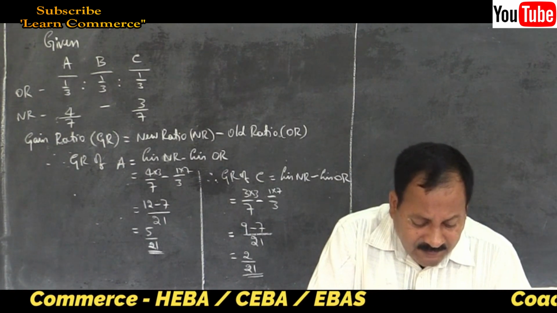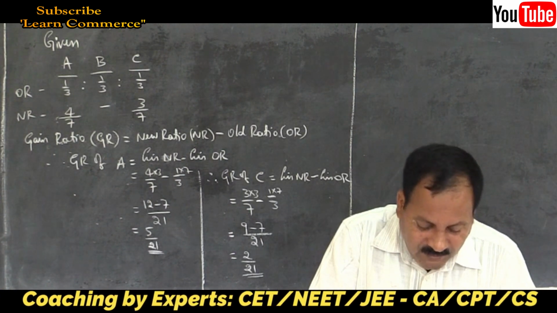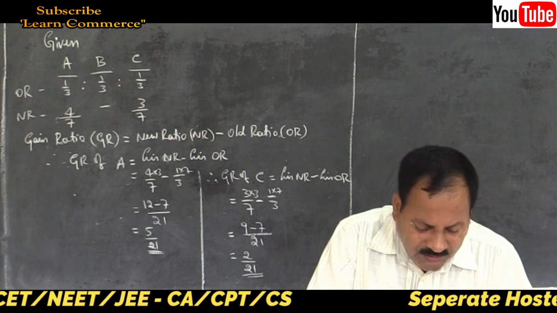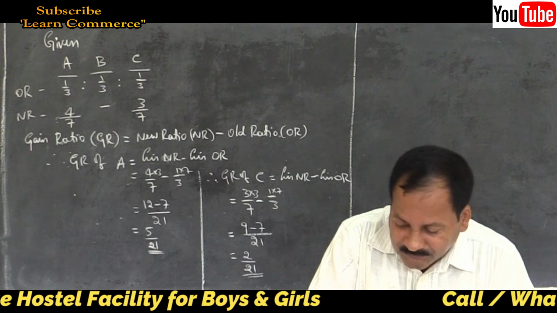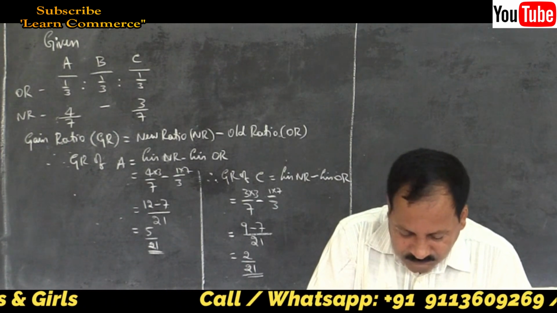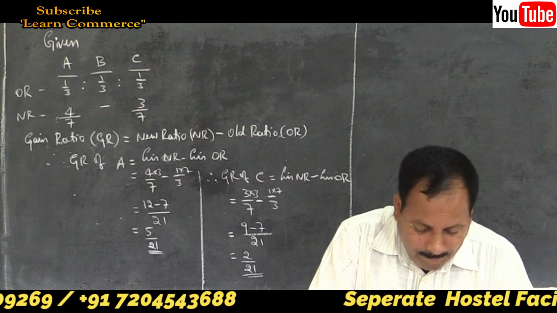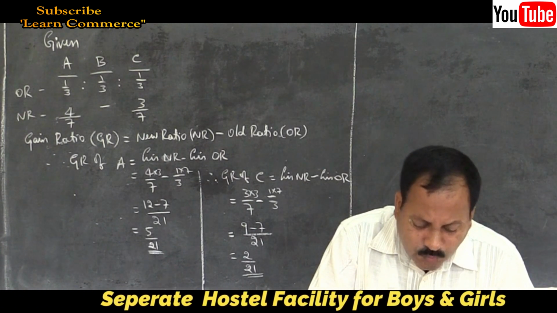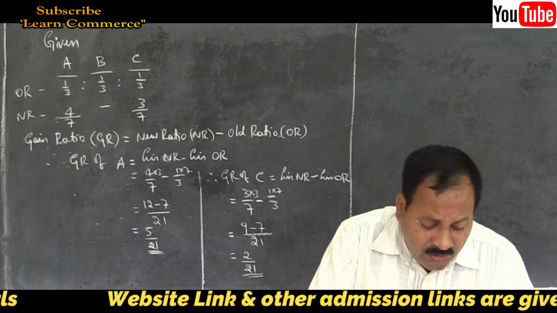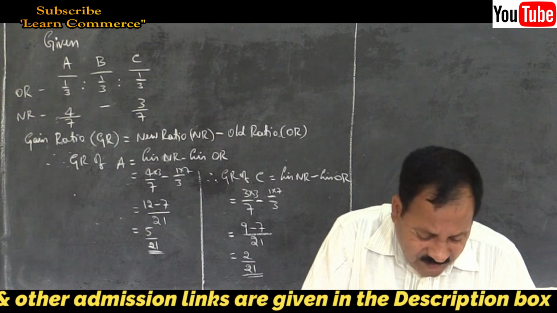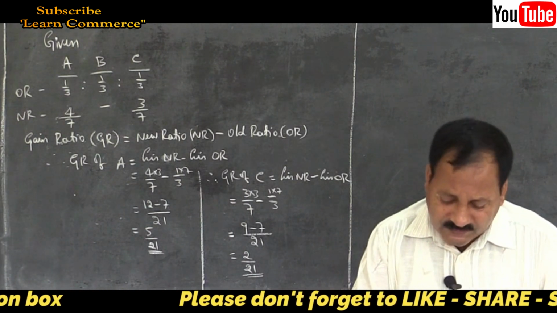Then Anil retires from the firm. The first partner, 1 by 2, he retires from the firm. Ashok and Ajay decided to share future profits and losses in the ratio of 3:2. So, how to solve the problem? Otherwise also makes no difference. If you write 3 by 10 or 6 by 20, makes no difference. While deducting, automatically you will get the answer. So, no need of such headaches.